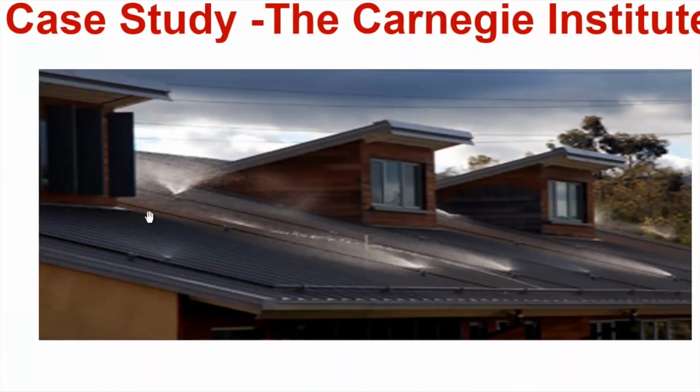You can see these elements here. These are water sprayers. Water is sprayed on the roof and the roof remains cool throughout the day. It is also an extension of the roof pond treatment. Based on the temperature outside, whether it is warm or cool, we can look at the operating of these sprinklers.